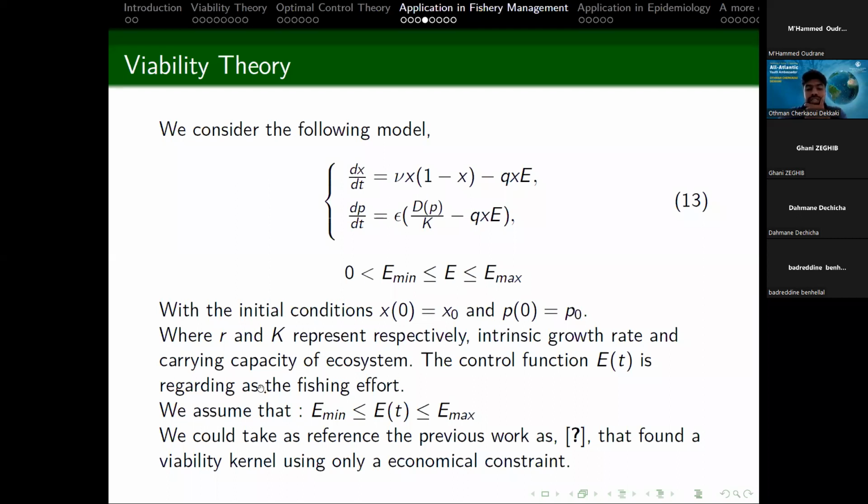And here you're going to see that we have the control function as E(t). So we have two state variables and one control variable, and the control will be the fishing effort, E(t). And here we will assume that the fishing effort should always be between E minimum and E maximum. We will avoid the cases which say not to fish because it's not very intuitive. When you stop fishing, meaning you will not have